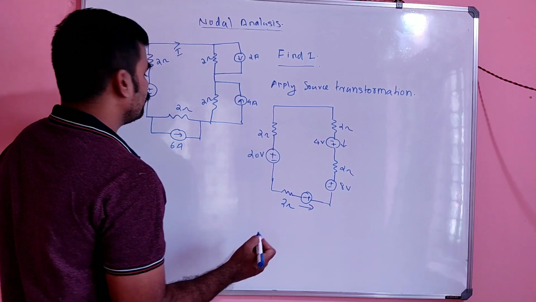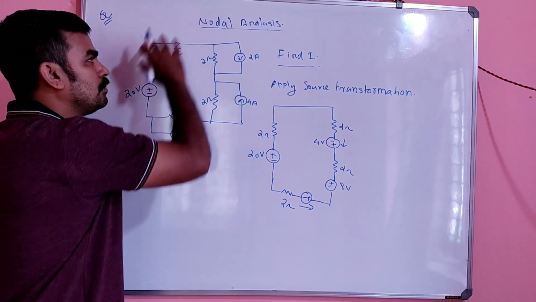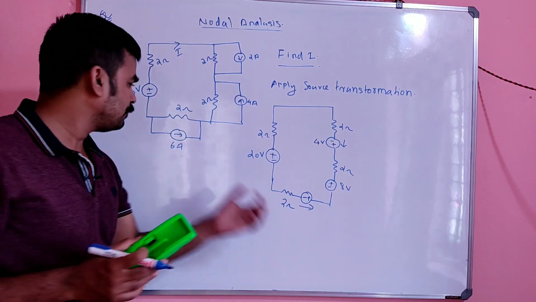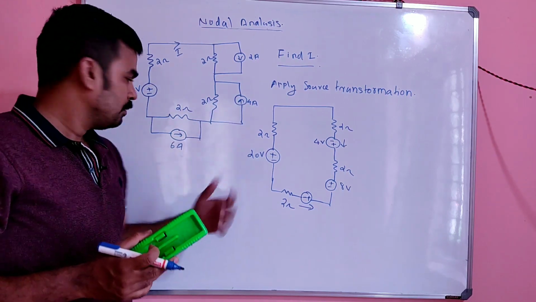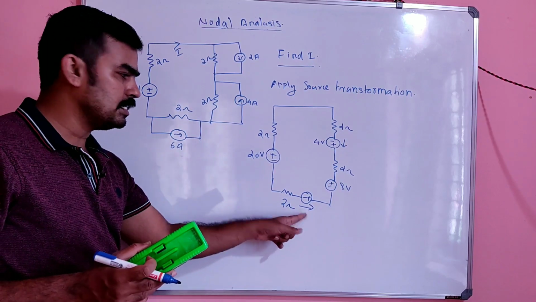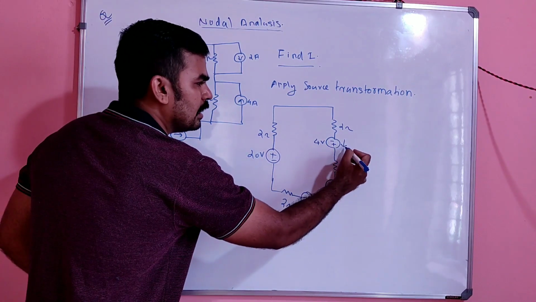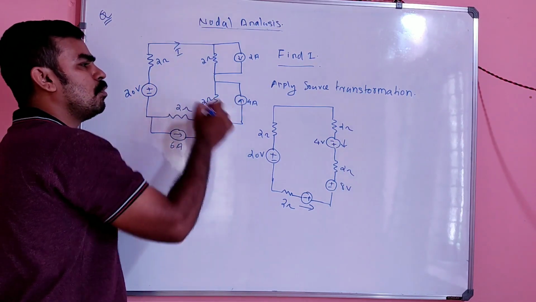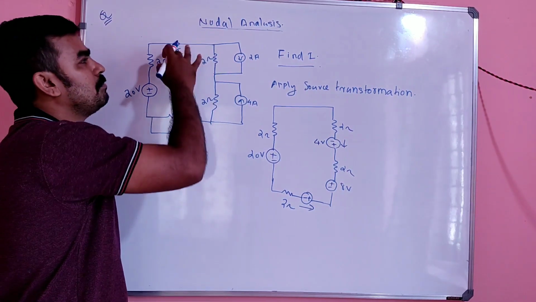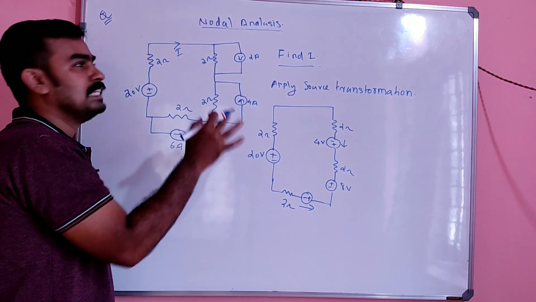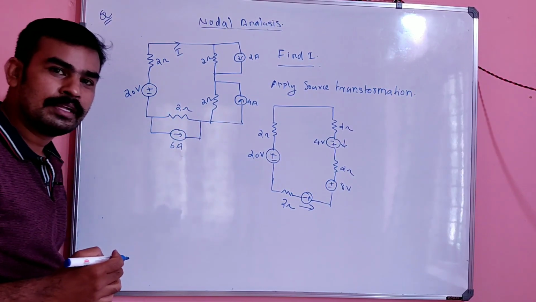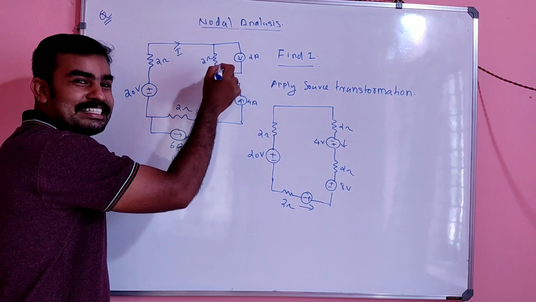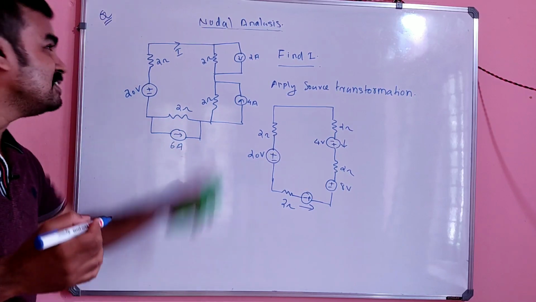Focus on that part only, not on the whole current. We are not worried about this whole current. You have to focus on each section, because in this section the current is flowing like this. You may be confused that there is a current flow in the opposite direction, but you have to focus on each small section only. You need not worry about this current. This is the final, resultant or effective current, so you need not worry about this first. You have to worry about the small sections first. Then automatically you will reach there.